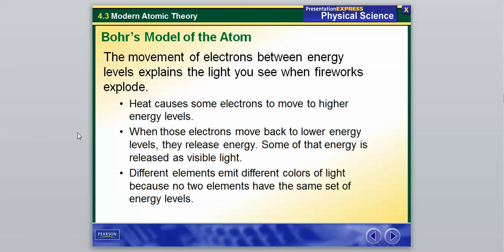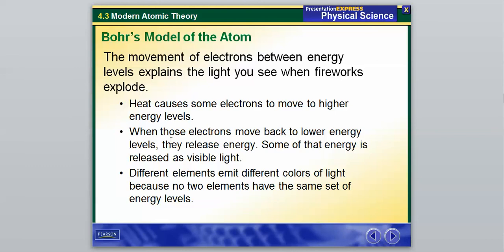So how that works is, again, the heat causes the electrons to move to higher energy levels. That's probably as it's going up. You light the fuse, it shoots up in the air, and when it explodes, a bunch of heat is added to those electrons all at once. As that happens, all the electrons move up into different energy levels. However, that heat is not sustained. It doesn't last very long. So as that heat starts to dissipate after the explosion has occurred,